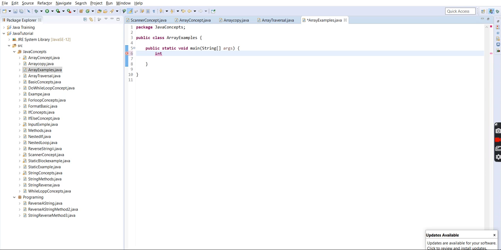So we know how we can declare the array using a square bracket. Then we'll give a reference variable name, numbers equals, then the new keyword, followed by the data type again. Here we can give the size of the array, or if we know the elements and the type, we can declare it while creating the array itself.